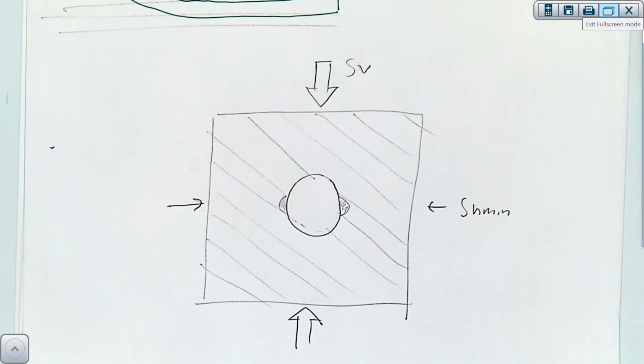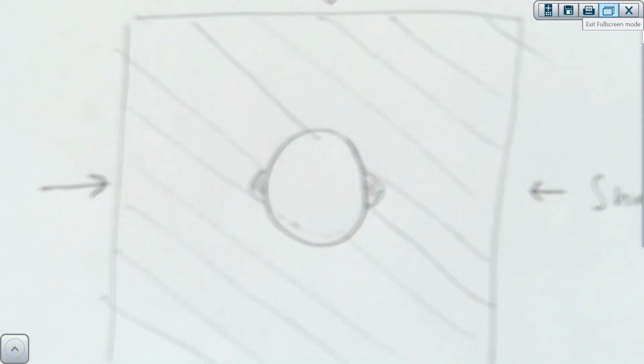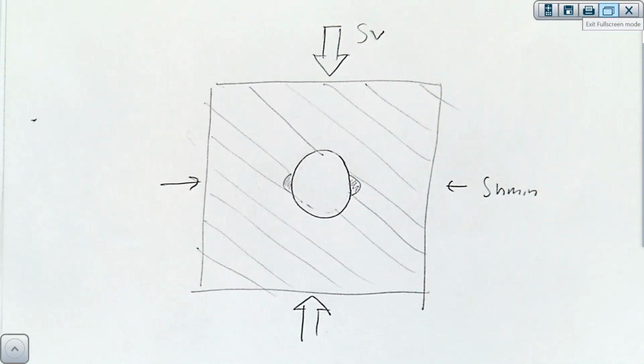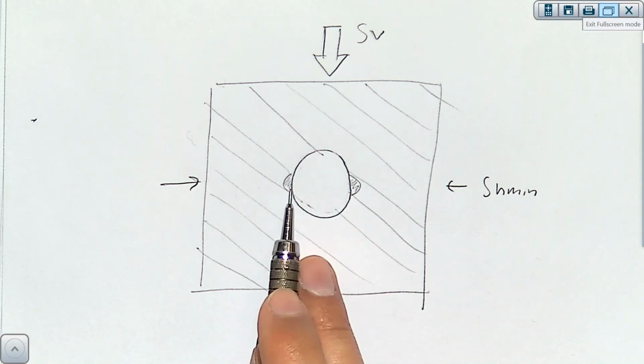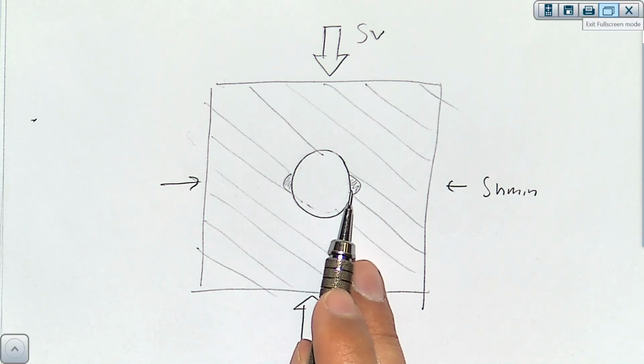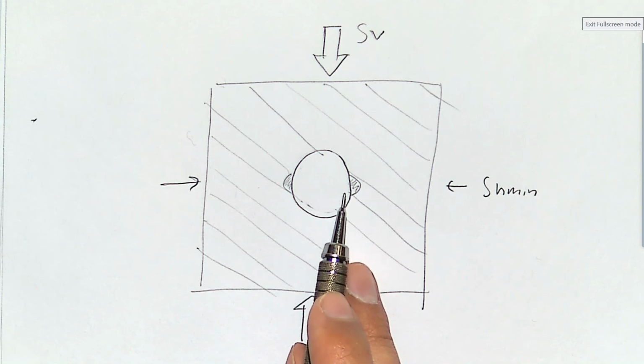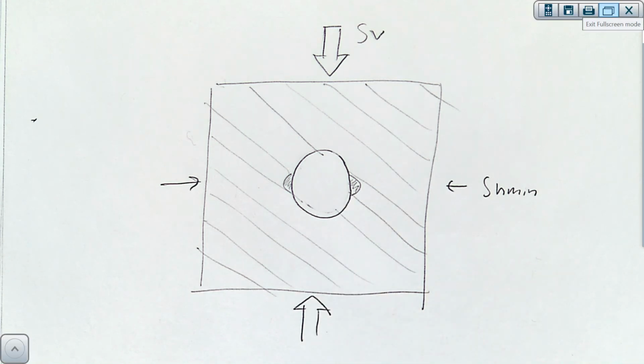But let me zoom in there. Hopefully you notice that in this case, the breakouts land on a region in which the rock is still the intact rock. It is not the interface. Okay? All right. So now, if I go